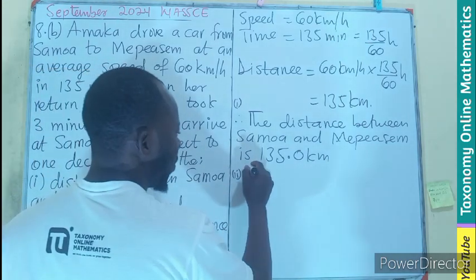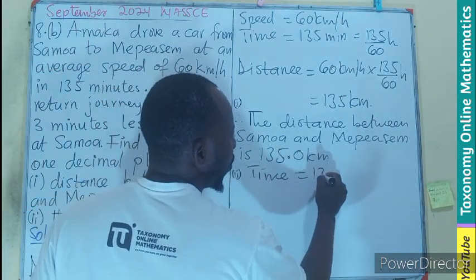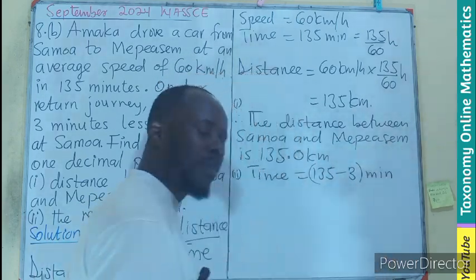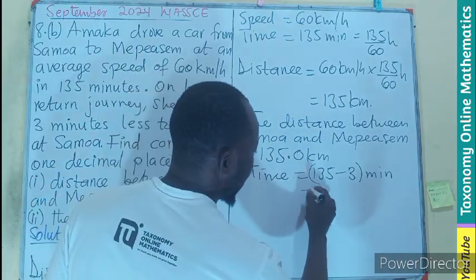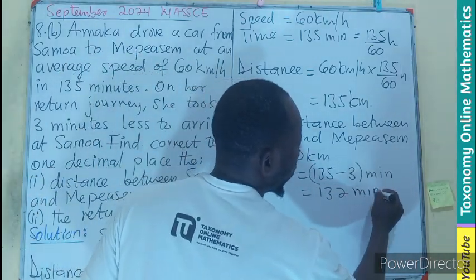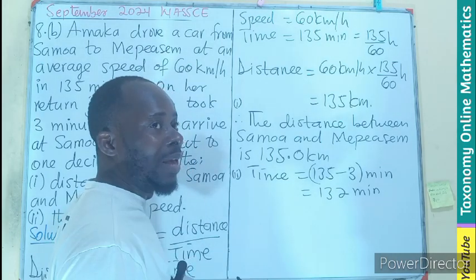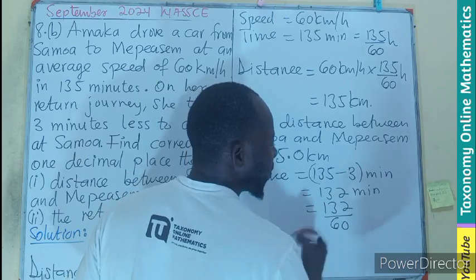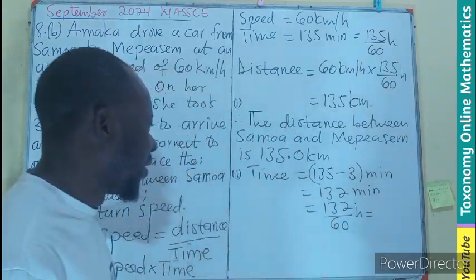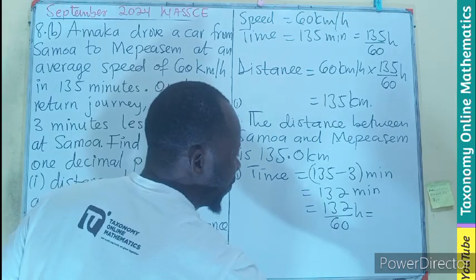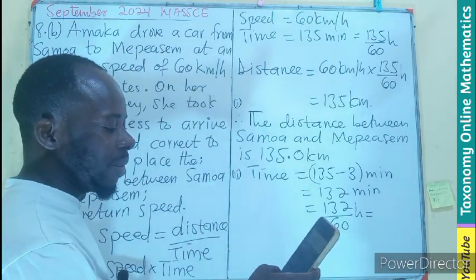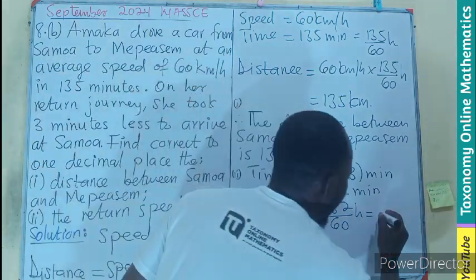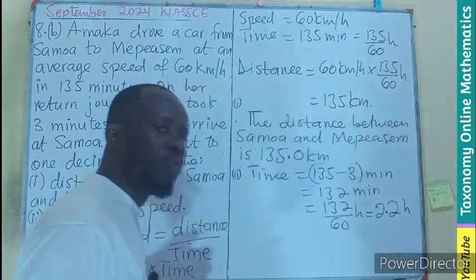So time is going to be 135 minus 3 minutes. So that will be 132 minutes. But we are going to find the time in hours. So that becomes 132 divided by 60 hours. I'll convert that fraction into decimal. 132 divided by 60 will be 2.2 hours. So that will be 2.2